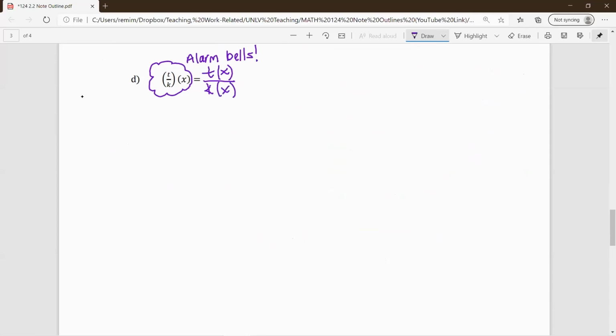We have a denominator. And before we do the domain, I'm just going to practice figuring out what this is. So right now, I'm actually not doing the domain part. I'm just simplifying what t of x over k of x is. So if you look back on the previous page, t of x is equal to x squared minus 4 over, and k of x is equal to x plus 2. And then we simplify. Well, one way to simplify this